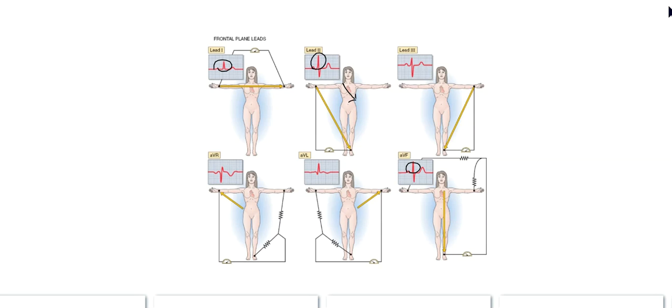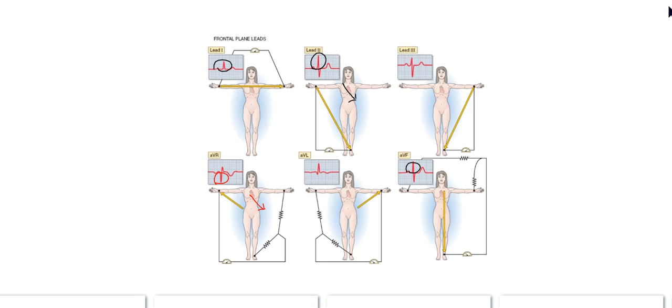You don't see that in AVR. In AVR, you see a negative deflection because the current is actually traveling mostly opposite from what is being measured by AVR. AVR specifically is looking at how much of the current in the heart is flowing toward the right arm. Almost none, okay? You shouldn't have a positive deflection, or a very strong positive deflection, showing up in AVR. It should be mostly negative, because most of the current flowing in the heart should not go back toward the source, which